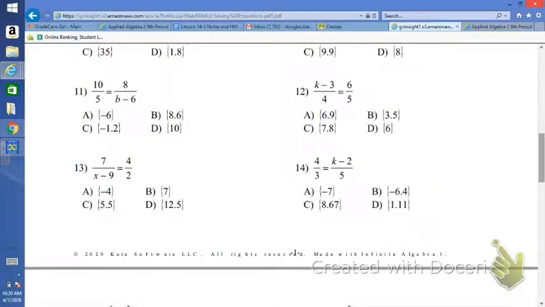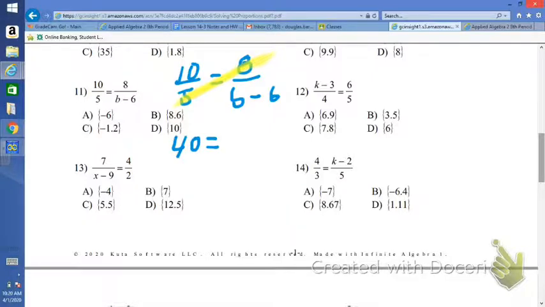Okay, now we're going to move to problem number 11. Alright, so we have 10 over 5 equals 8 over b minus 6. Okay, same idea. We got a proportion, so we cross multiply. So 5 times 8, that's going to give us 40. And then we have 10 times b minus 6. So we're going to say 10 times, and then we're going to put the b minus 6